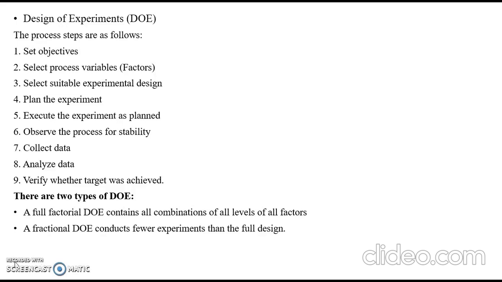Here are some of the process steps to be followed in DOE. The first one is setting the objectives. It looks so simple to set the objectives, but it is not so. During the analysis phase, the team members have listed so many causes which, in their opinion, were creating the variations. But practically, it is not possible to experiment with each and every cause because these things are time consuming.